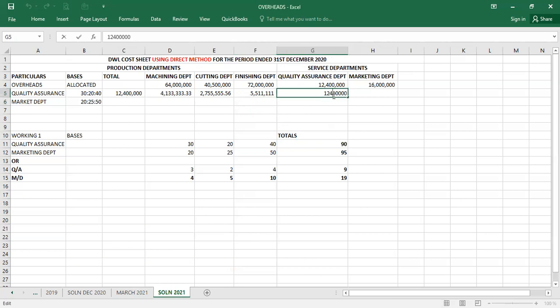But remember this one, since we are distributing it, we put it in a bracket. So when we put it in a bracket, it will be a negative. So you are seeing it is bringing a negative, meaning it will be this. When you add this, it will turn out to be a 0. But this one, we are not distributing anything, so that one receives a 0. When we are done with that, then we distribute the